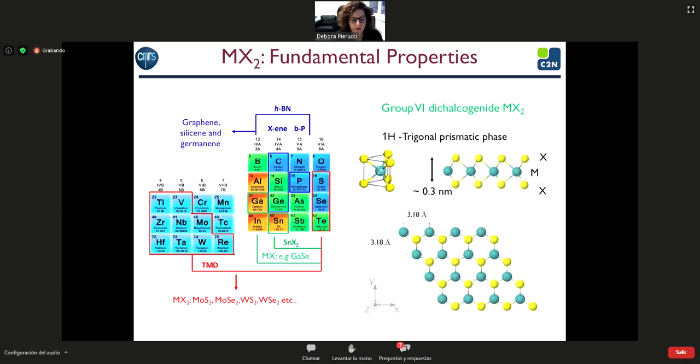So one of the interesting families of 2D materials that we also see today in the other talks is the one of the group 6 dichalcogenide MX2 materials, which are formed, with one layer of this material, by one metal, the transition metal atom, which can be molybdenum or tungsten, that is bonded to 6 chalcogen atoms that can be sulfur, selenium, or tellurium in this trigonal prismatic structure. From the top, we recognize this hexagonal structure that corresponds to a hexagonal Brillouin zone in the reciprocal space.